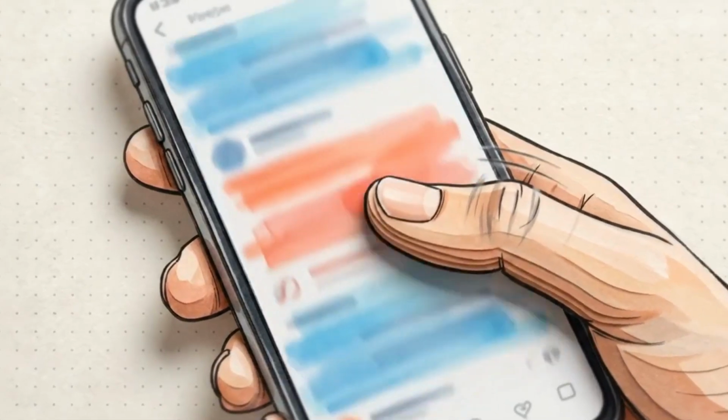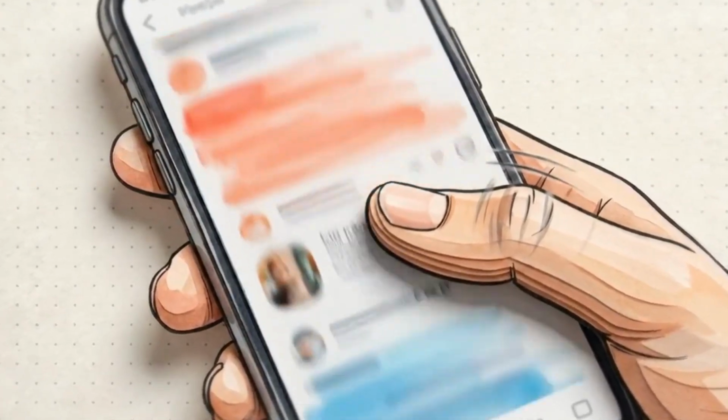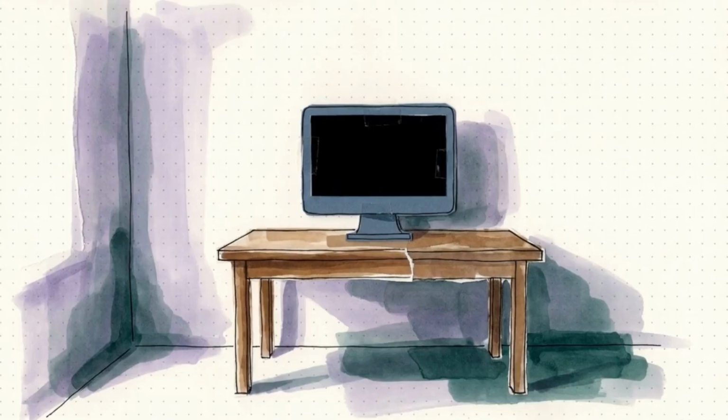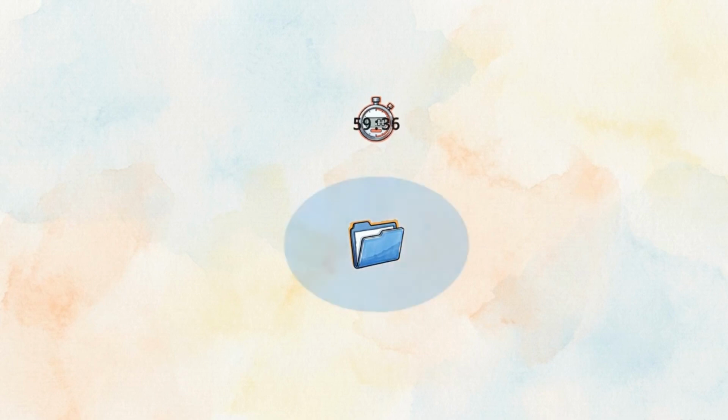Look at this app. You can scroll the feed, double tap to like a post, open a profile, and share content. It works flawlessly. But to understand how it was made, we have to go back to when none of this existed. I gave myself exactly 60 minutes to turn an entirely empty folder into a fully functional social platform